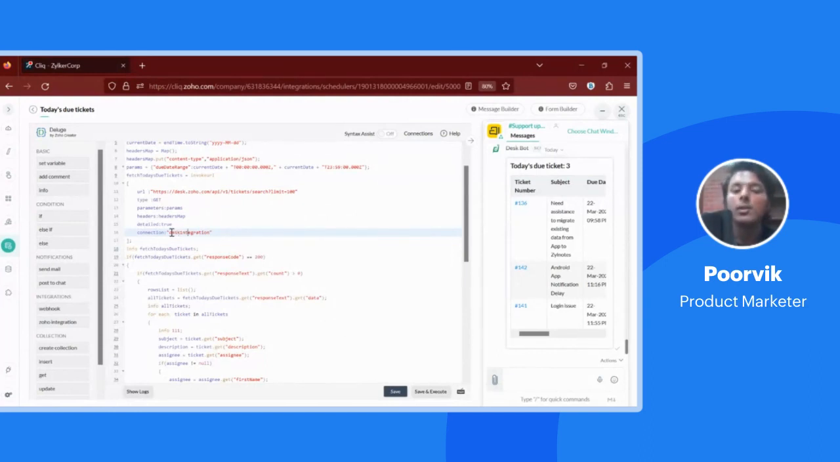So you'll have to create a connection yourself and use your connection to get your information from your desk. So how do you create a connection? On the top right of the code, you can see that there's a button called connections. Click on it